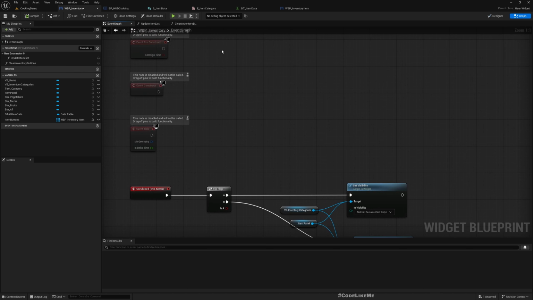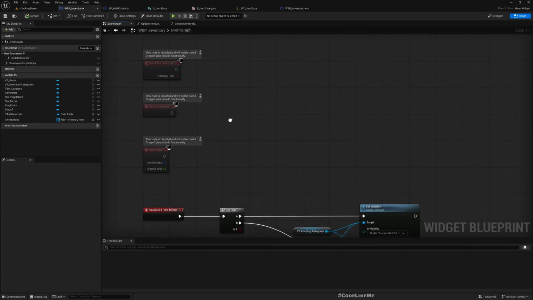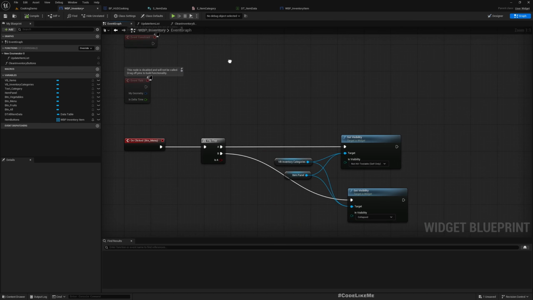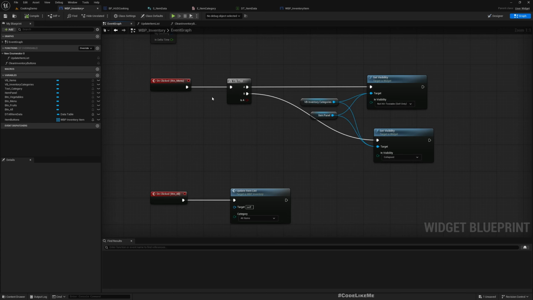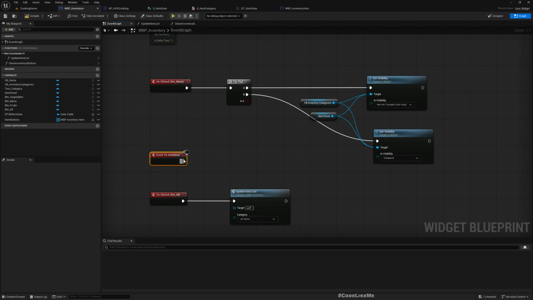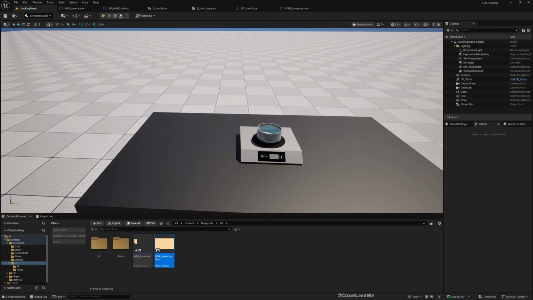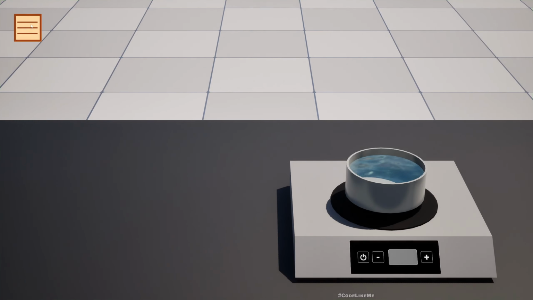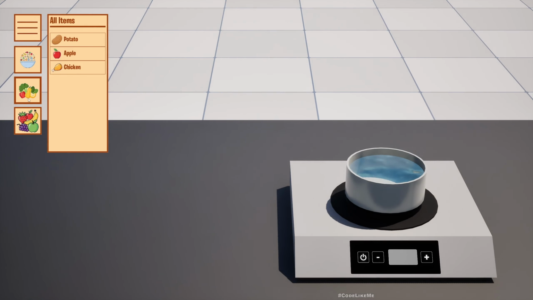Maybe here on initialized, we could call this update item list with all items. Yeah,